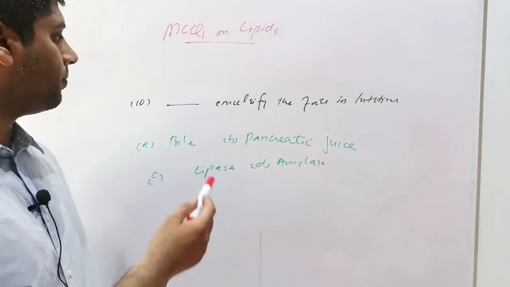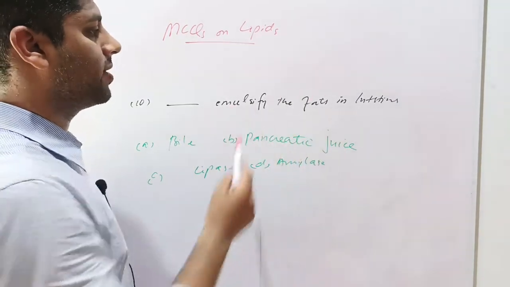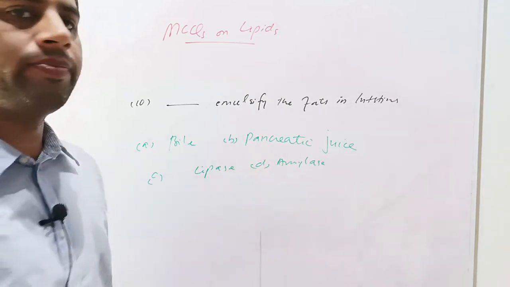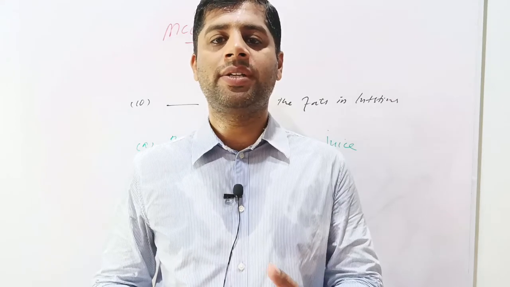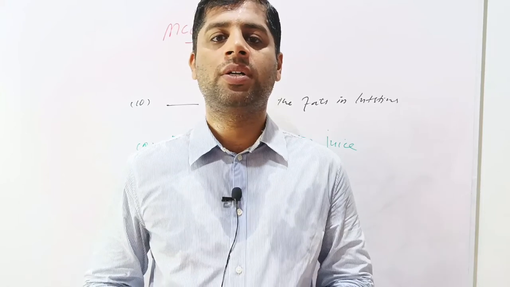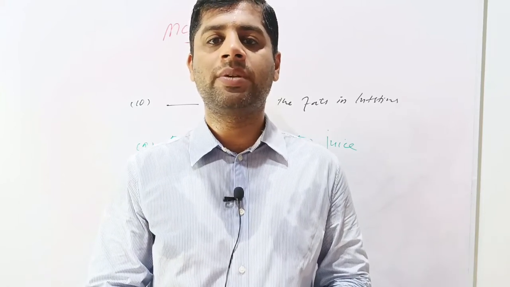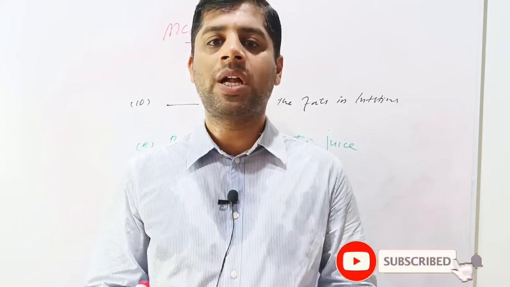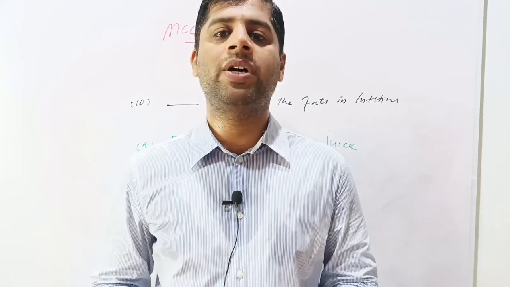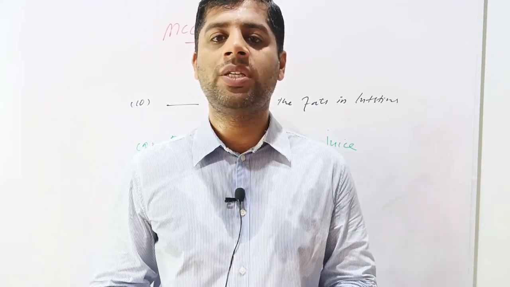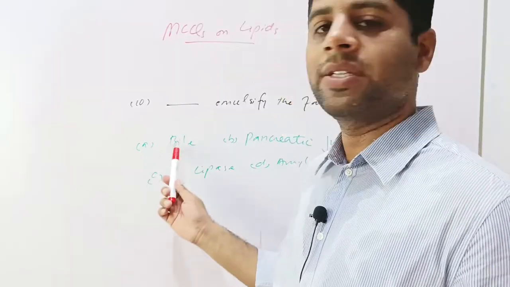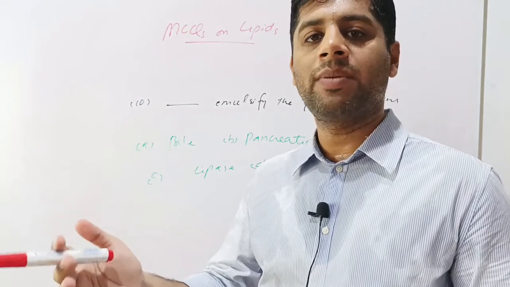Next question is dash emulsify the fats in the intestines. Given options are bile, pancreatic juice, lipase and amylase. Basically, fats are emulsified in the intestines. Emulsification is the process in which fats or lipids are surfaced upon the chyle. The chyme and chyle are the pre-digested material in the intestines, and the lipids which are dissolved in this chyme or chyle are brought to the surface for the action of lipase for further digestion. This process in which the lipids are brought to the surface of the chyle is called emulsification. The first option, bile, is correct because bile comes from the liver and gallbladder through the bile duct, common